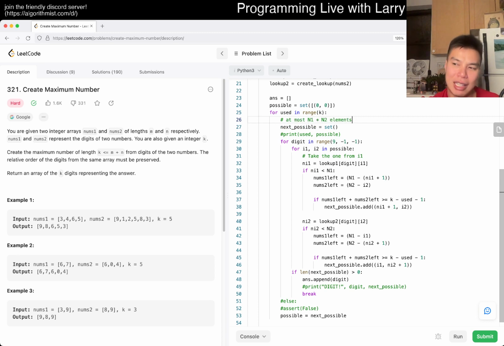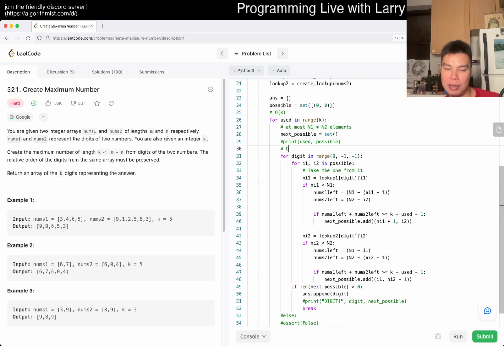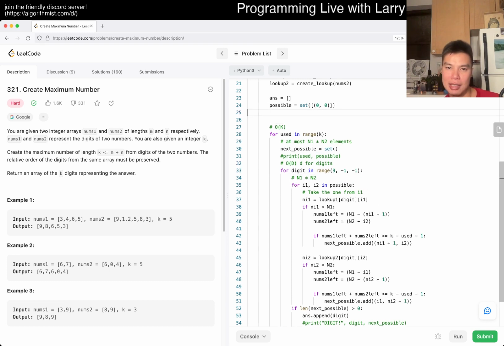Well, a lot of those it's not possible. It's just that in theory, right? And this is obviously O of k, and this is O of 10, or number of digits, if you will, D for digits. And then, as I said, this is going to be n1 times n2 at most. So that means that the total complexity is going to be O of k times D times n1 times n2